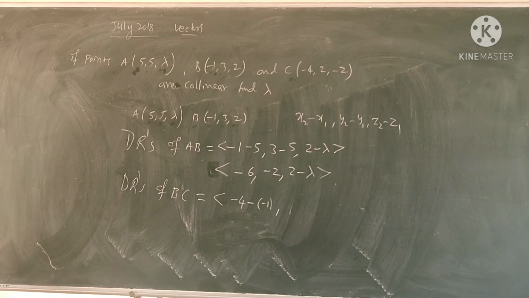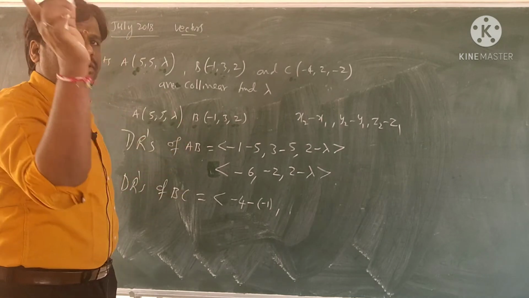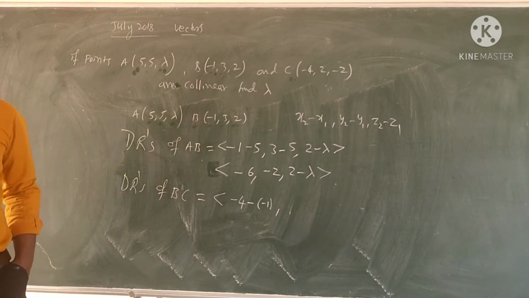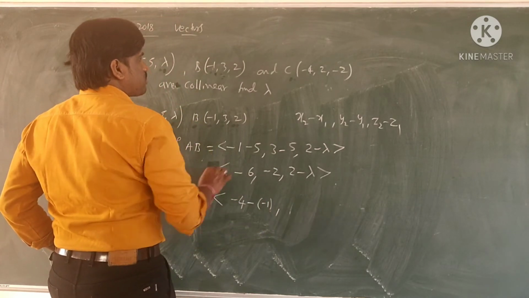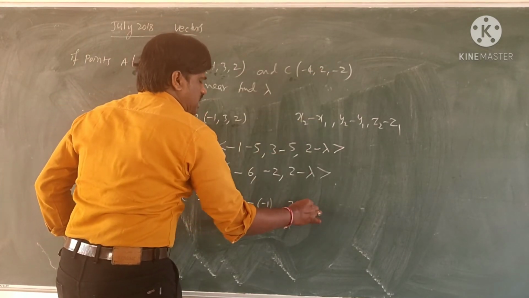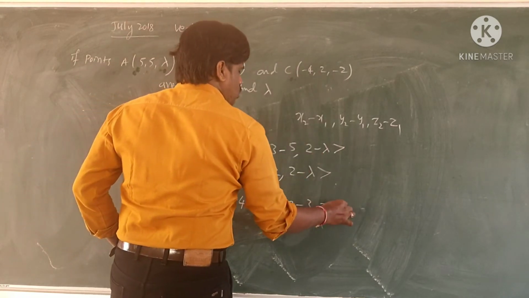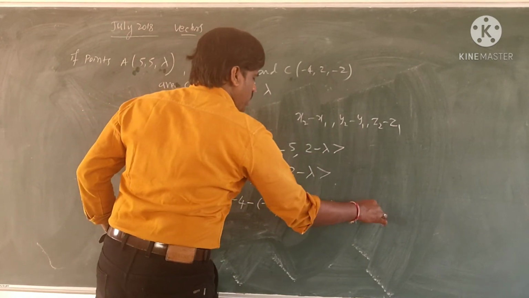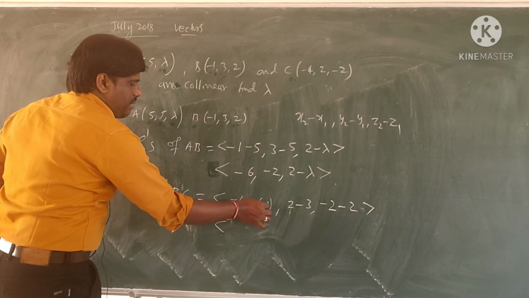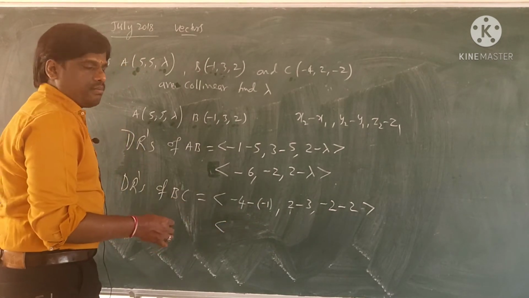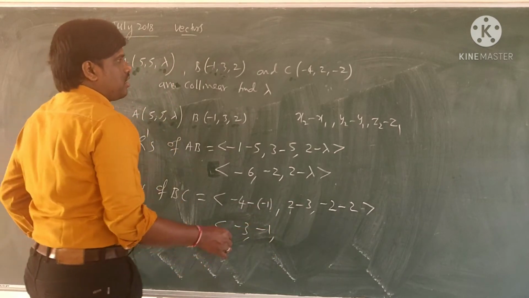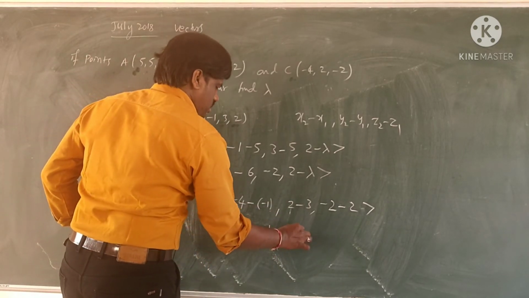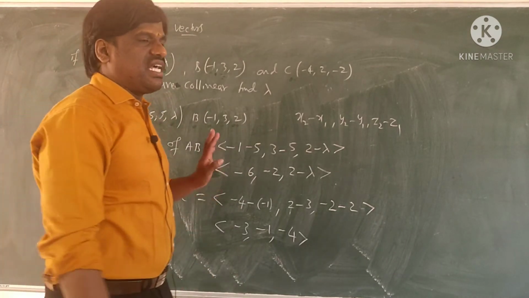That is only, vector also same only. Vector and here no change. Both are same. Okay, I think that process also correct, this process also correct. Now here minus 4 minus of minus 1, 2 minus 3, minus 2 minus of 2. वही आए थे ना हमको, क्या आया? माइनस इंटू माइनस प्लस, minus 3, minus 1, minus 4. This is only I got, na? So these are the direction ratios.